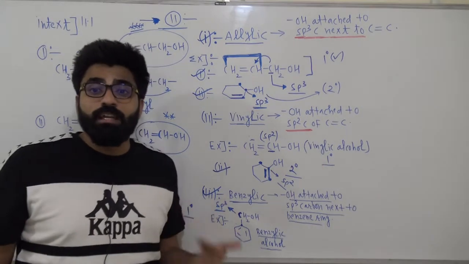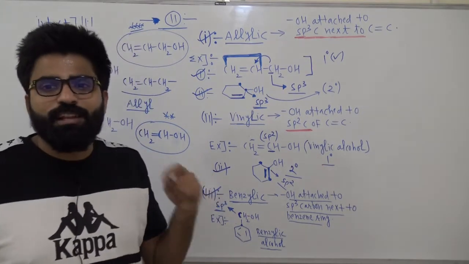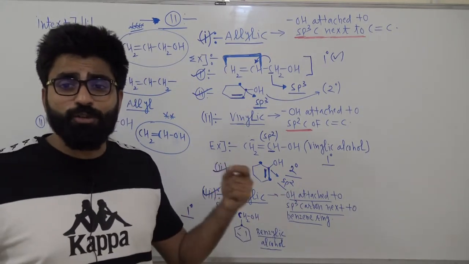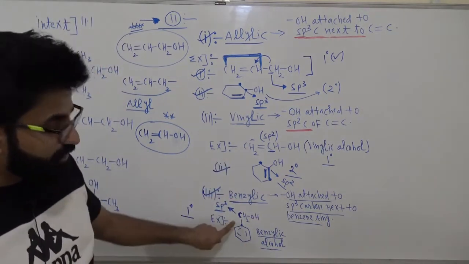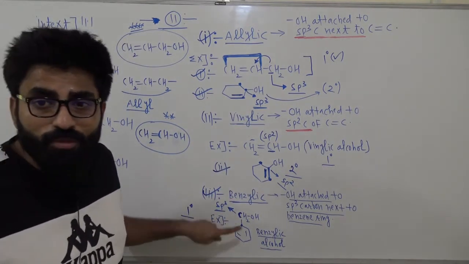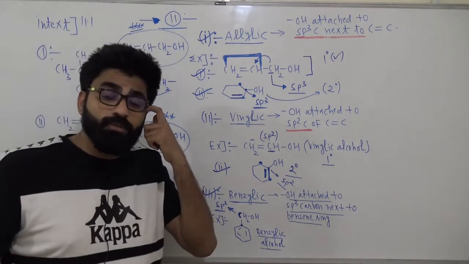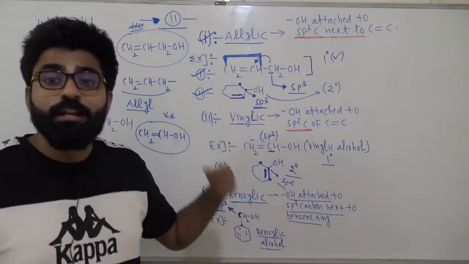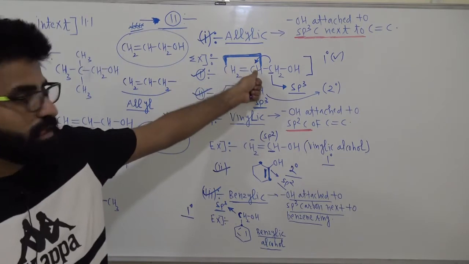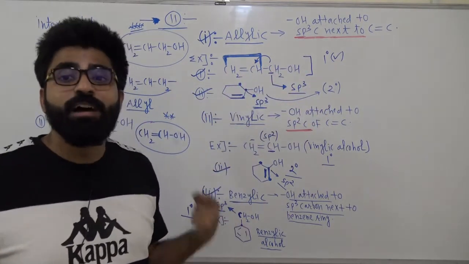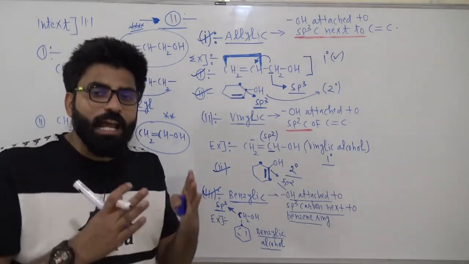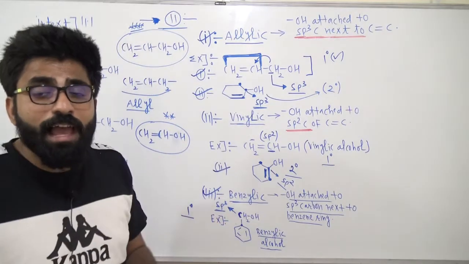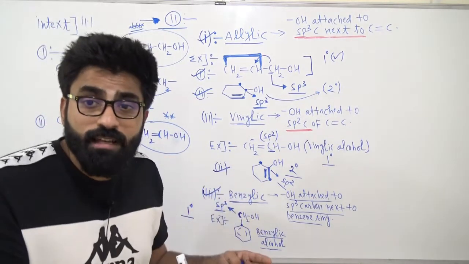Now one more tip: if they ask, and they have already asked this question, draw the structure of benzyl alcohol. This is how they ask the question. So what will be the structure of benzyl alcohol? This is the structure of benzyl alcohol that you have to draw, right? Similarly, if they ask to draw the structure of vinyl alcohol, this is the structure, CH2 double bond CHOH. Draw the structure of allyl alcohol: CH2 double bond CH, CH2OH. That is the structure for allyl alcohol, right? So both types of classification, first based on degree, and second the types of alcohol, allyl, vinyl, and benzyl, I have discussed with you.